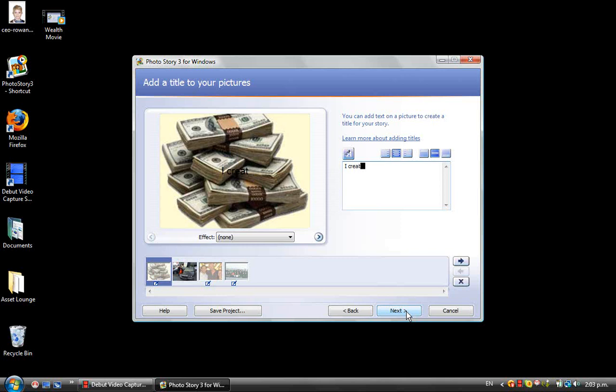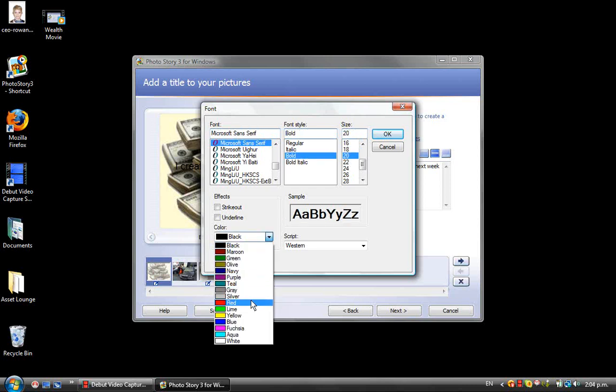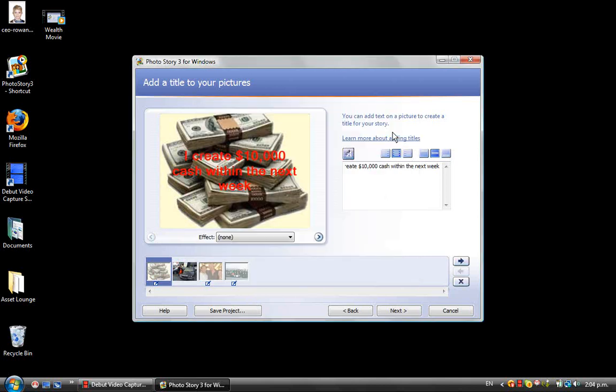I'm going to put in, I create $10,000 cash within the next week. That's quite difficult to see, so let's click on the font button and make it bold, larger size, and choose a different color to make it stand out. That looks great.